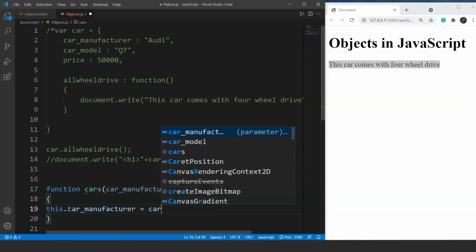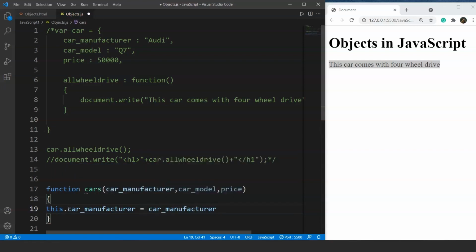We'll write here car manufacturer. So all these values will be present at the RHS, and the actual property of the object will be this dot car manufacturer. So this is the actual property of this method. You will understand it much better when we create the object. For now, let's mention here the other two properties and method as well.